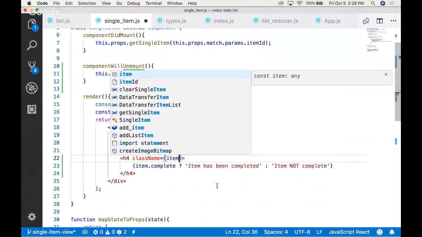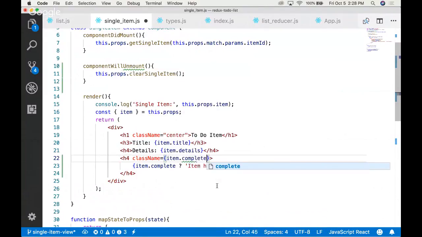I'll say item.complete. If the item is complete, I want it to be green text. Else,